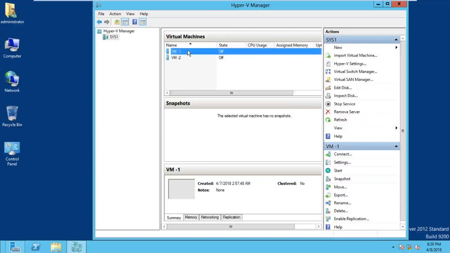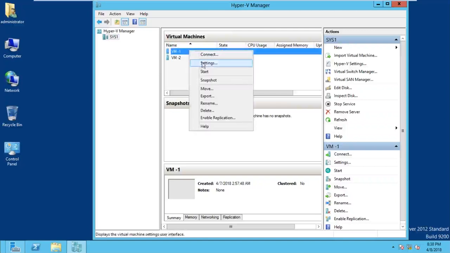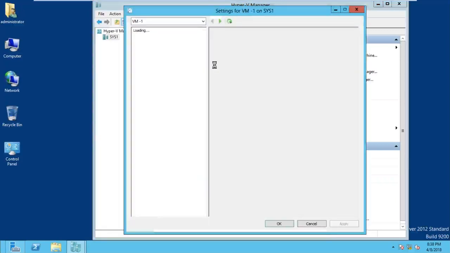In Hyper-V Manager service, right click on virtual machine 1 and click on settings. Once you click settings, you will go to the properties of this virtual machine, and you can see here